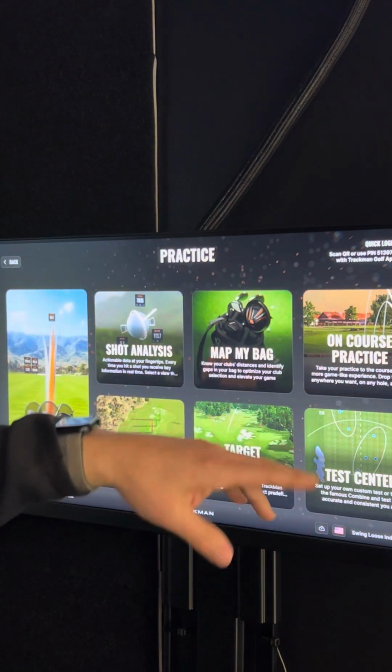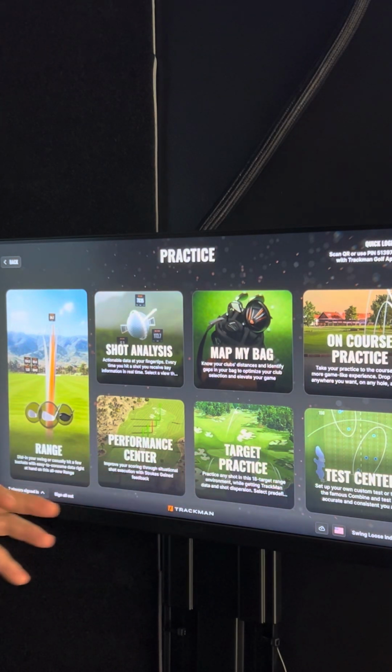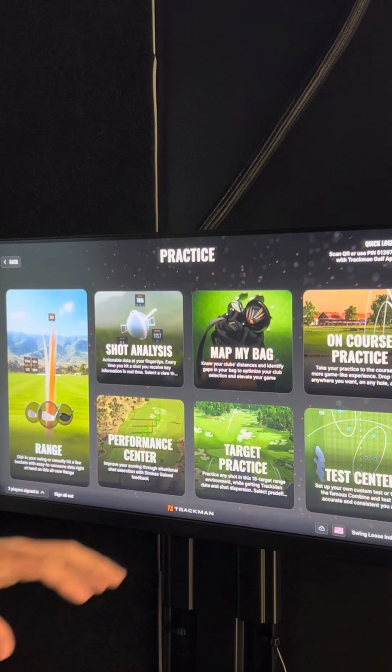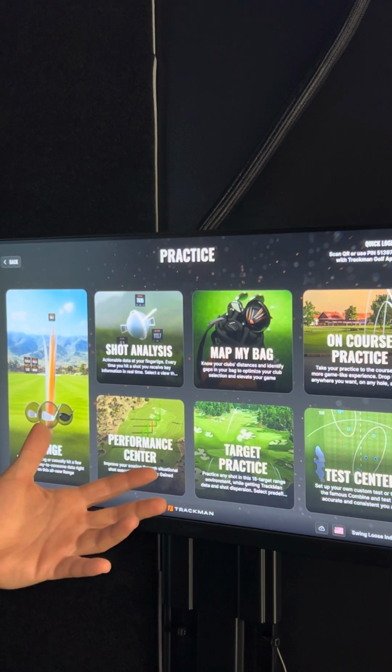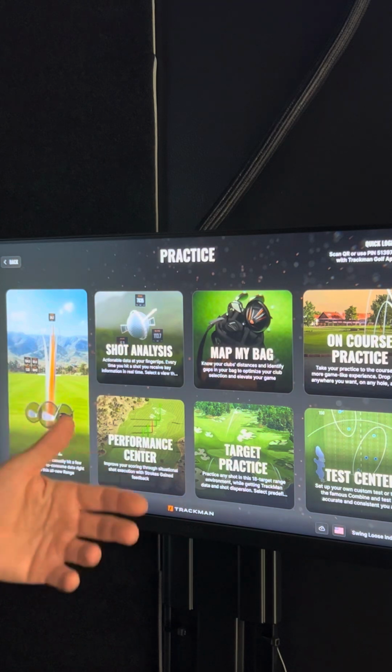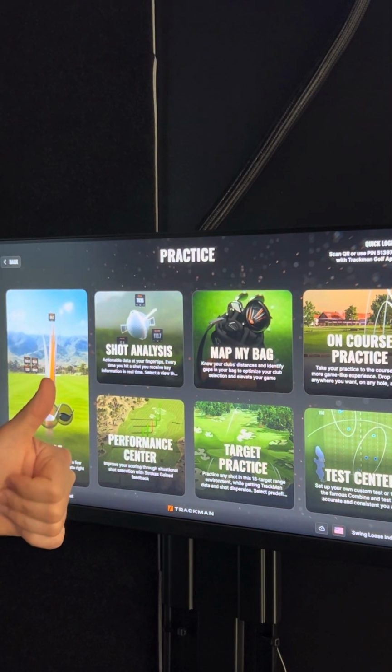And you have on-course practice, test center. Test center is kind of the same thing that I talked about, performance center. Again, it's going to test you on a per club basis. It's a different way to practice. Sometimes it makes it a little bit more fun than just hitting a golf ball into a screen constantly and looking at your numbers. On-course practice, you can pick out any hole that you want to play on any course that's up here